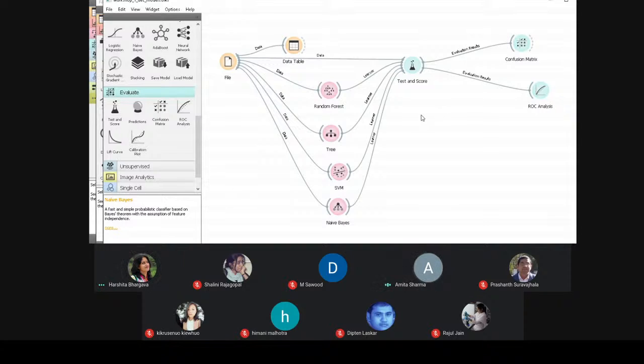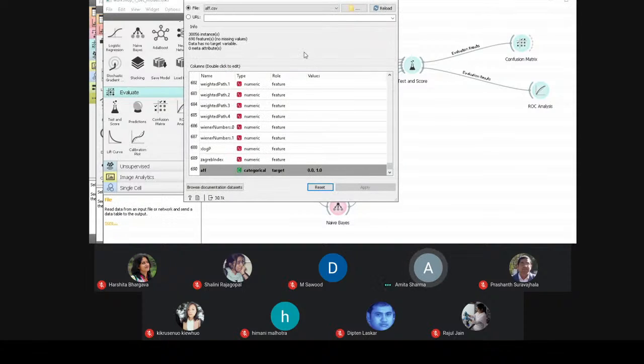It's visible. Okay. So in this case, I have used the file option. In this file option, again, I'll just show you. I have uploaded it using the browse option. This is the file which Harshita used for the analysis she demonstrated in Python. The same file I have used. You can see the number of instances over here, number of features, and there are no missing values in this.